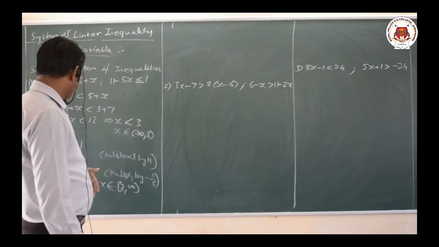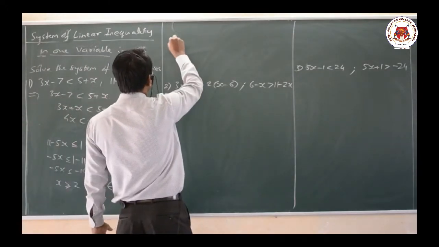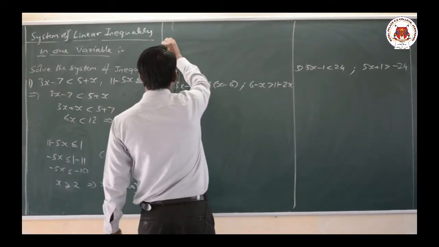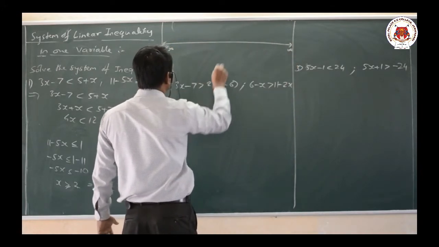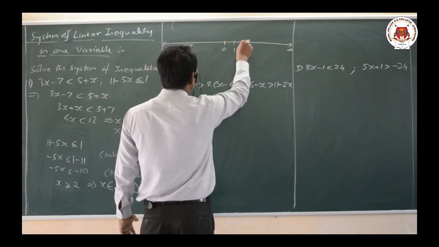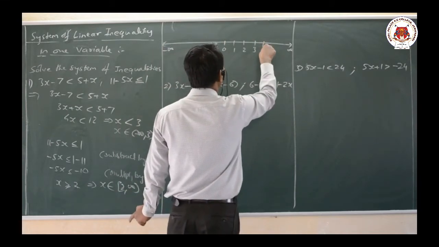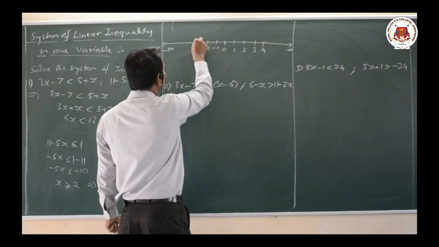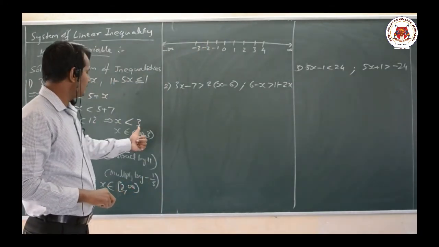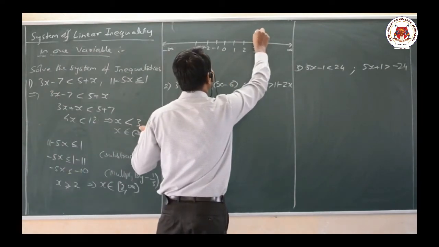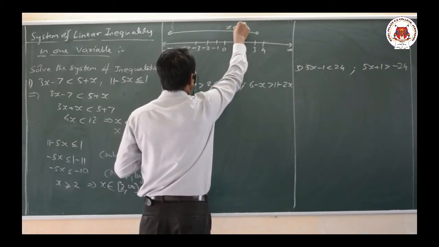Okay dear students, now let us draw both of these on the number line. Let us observe the number line here. It is our number line, from minus infinity to plus infinity. It is our x equal to 0, 1, 2. Here we can observe that 3 and 2 values are there, 3, 4. Then we have minus 1, minus 2, minus 3. Now the first solution I will draw on the upside, that is x less than 3, which means till minus infinity.